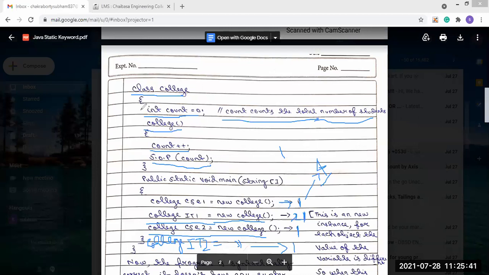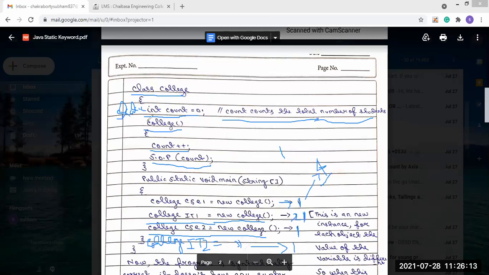So instead of this, if we use the static keyword, static int count = 0, that means if we use the static keyword in front of the variable, then this problem is ignored.